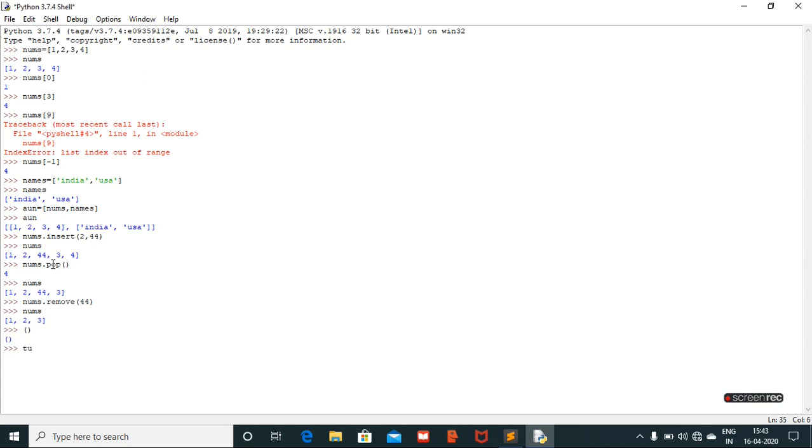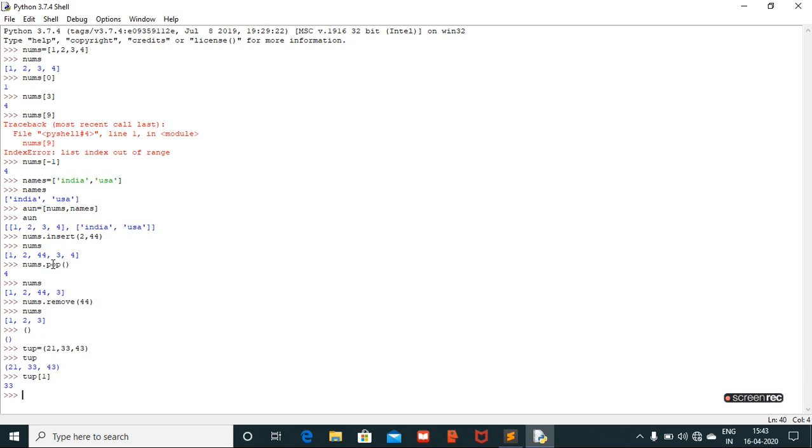So if you want to store the elements, tuple equal to 21, 33, 43, then if you print tuple, it gives 21, 33 and 43. So this is for tuple. If you want to store the elements inside the tuple, you have to give them in parentheses. Just like list, if you want to access the element, you can access it by tuple of 1. Tuple of 1 will give 33. Tuple of 0 will give 21. Tuple of 2 will give 43.